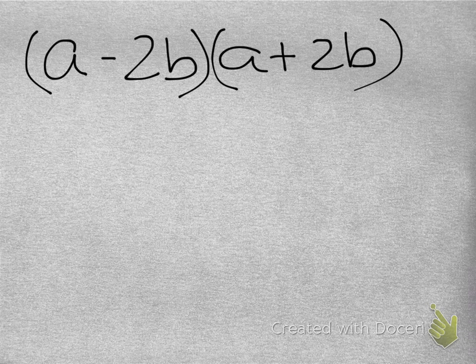Here's another example of two binomials that we're multiplying together, so we can use the FOIL pattern. A times a is a squared. Then we have the outer, 2b times a, which is